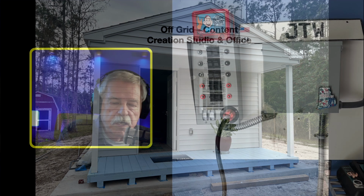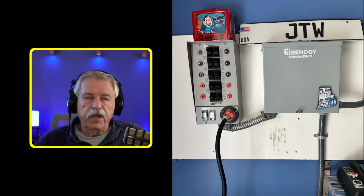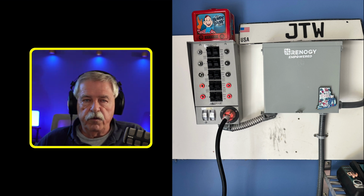So moving on, you will see what I had to install was the infrastructure, whether I did a standby generator or a solar generator. And what you're seeing is a manual transfer switch, and in this case, because this is not a big building, only 4 circuits. Now, going down the road of these